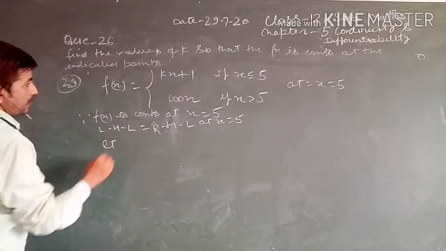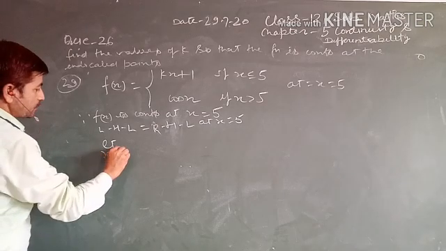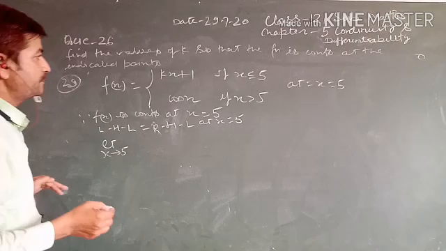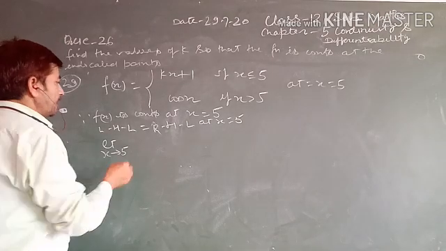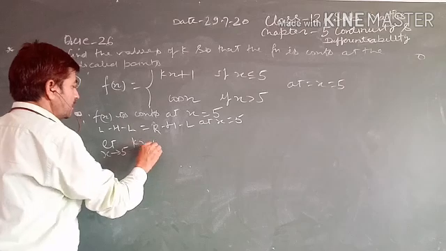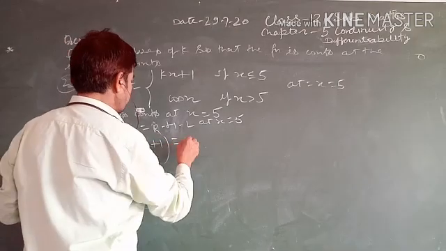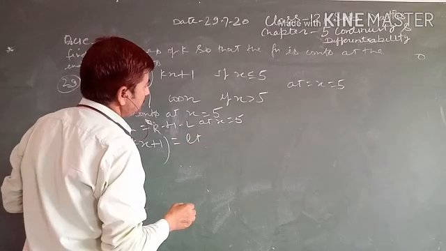LHL is limit x tends to 5, and its function is kx plus 1, and RHL is limit